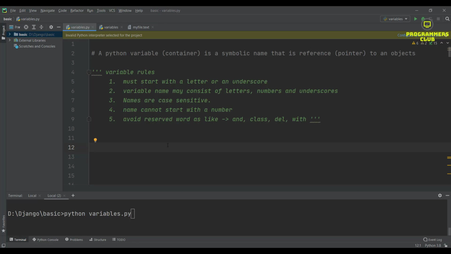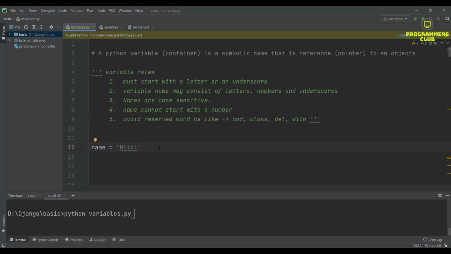Now I create a variable called name is equal to Nitol. There are no semicolons or curly braces after the variable, and before the variable we don't need to use var or anything. It's simple: I declare a Python variable.